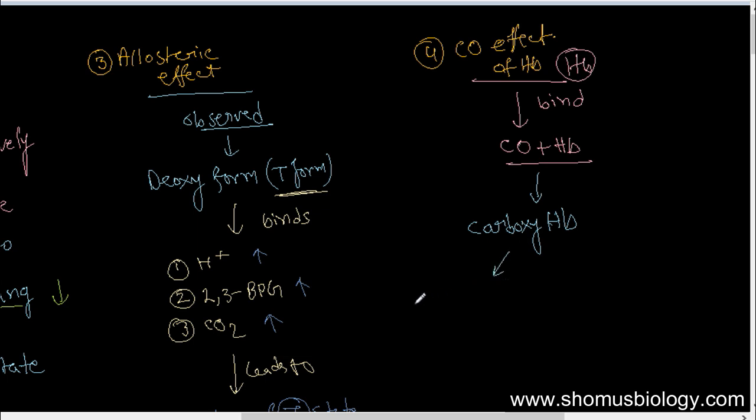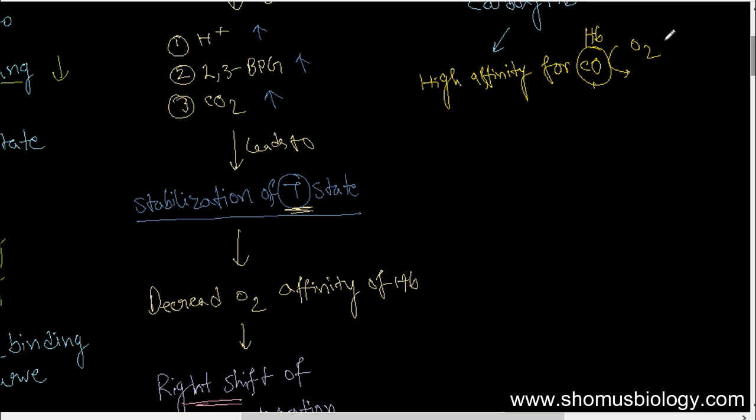This carboxyhemoglobin is characterized by a property. And what is that property? It is high affinity. It has a high affinity for carbon monoxide. That means it displaces oxygen from hemoglobin and carbon monoxide binds with the hemoglobin. So between carbon monoxide and oxygen, hemoglobin will always have higher affinity to bind towards carbon monoxide rather than binding to the oxygen. And that leads to